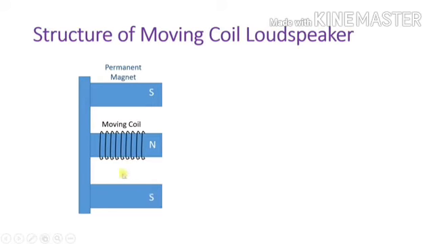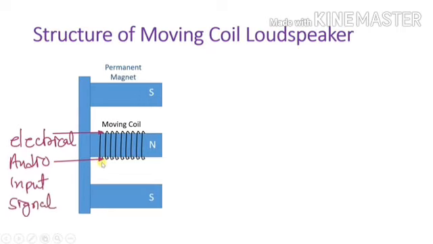Now see, we have a moving coil which is connected here, and this moving coil is given the audio signal. We give an electrical audio signal to this moving coil, and based on the current passing through it, force will change on this coil. Force is happening because of the magnetic field. How that force is calculated, I'll explain later. But as you provide a signal here, there will be a change in current through the coil, and that change in current will change the force acting on this coil. And based on the force acting on this coil, there will be motion of this coil.